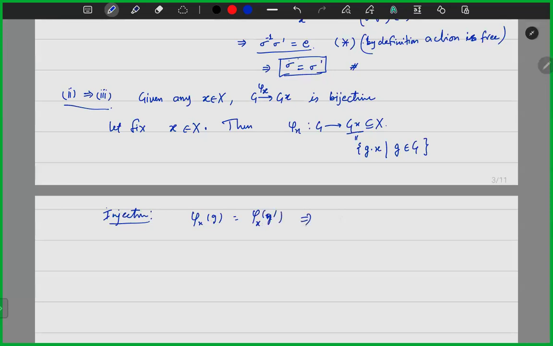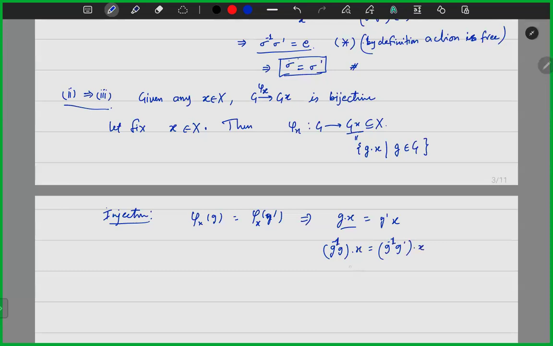Then this will imply gx equals g prime x. Again, acting by g inverse on this element, this will become g inverse g by x. Definition of action: g inverse g prime